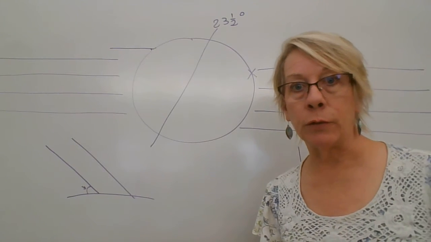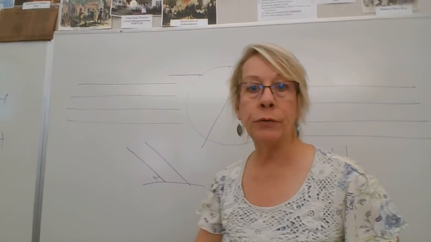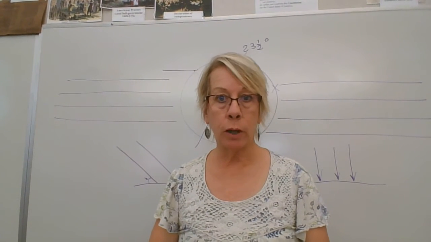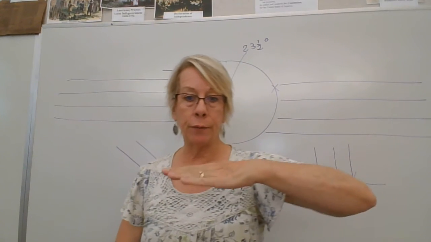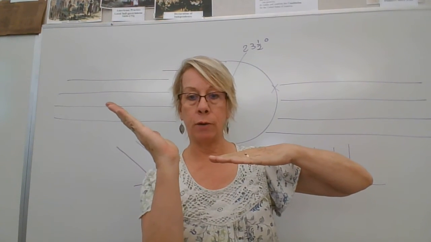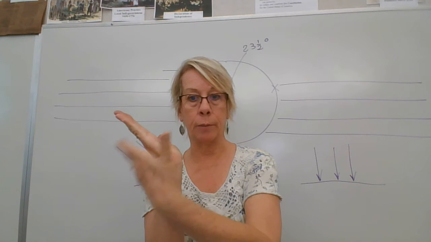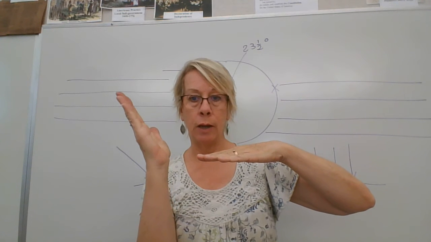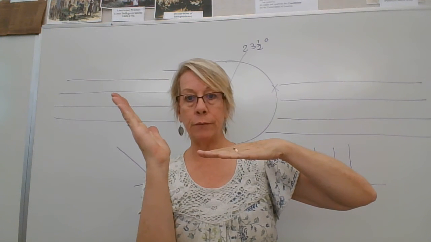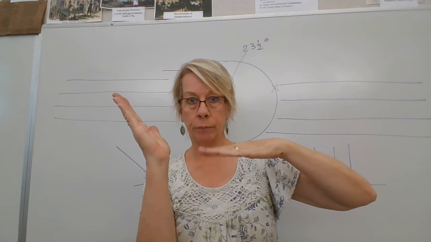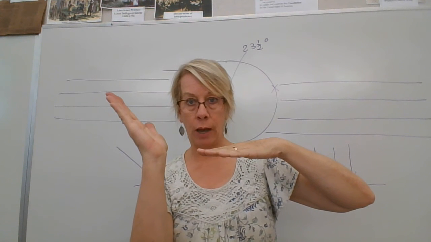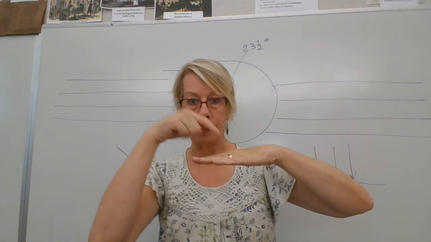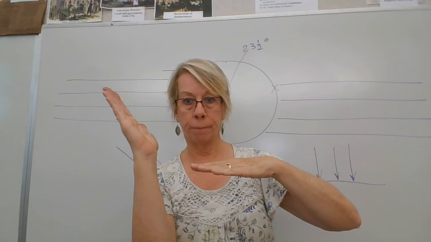You can do an experiment if you would like with this. Take 2 pieces of paper, black paper, dark colored paper, set one of them flat on the ground and set the other one kind of at an angle. Maybe prop it up with something underneath it like a block of wood or a rock, and leave them both out in the sun and see. Tilt this one up quite a bit and then leave it out there for about 10 minutes and see which one's hotter to the touch after that. This one should be hotter because it's getting more sun hitting it straight down than at an angle.